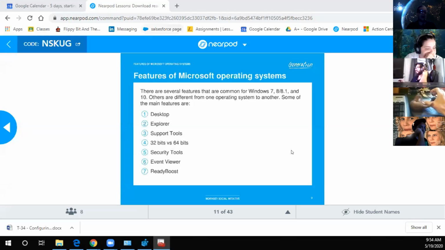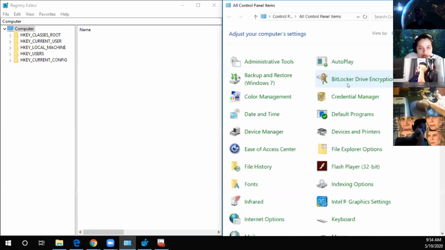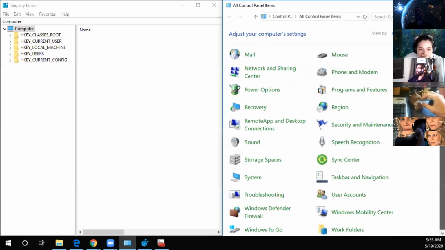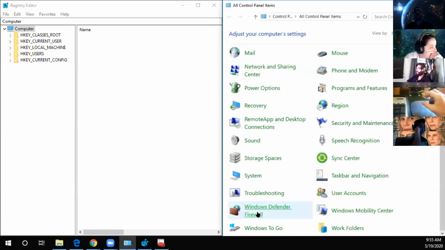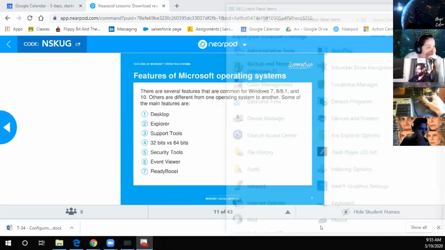All of these allow you to, depending on what you're trying to do, use your administrative tools, backups, BitLocker, file explorer options, devices and printers. I can access any of my stuff that I want from here. Windows file, troubleshooting, user accounts, all of this with ease from here. The same thing, if I need to mess with the registry, I can mess with the registry if